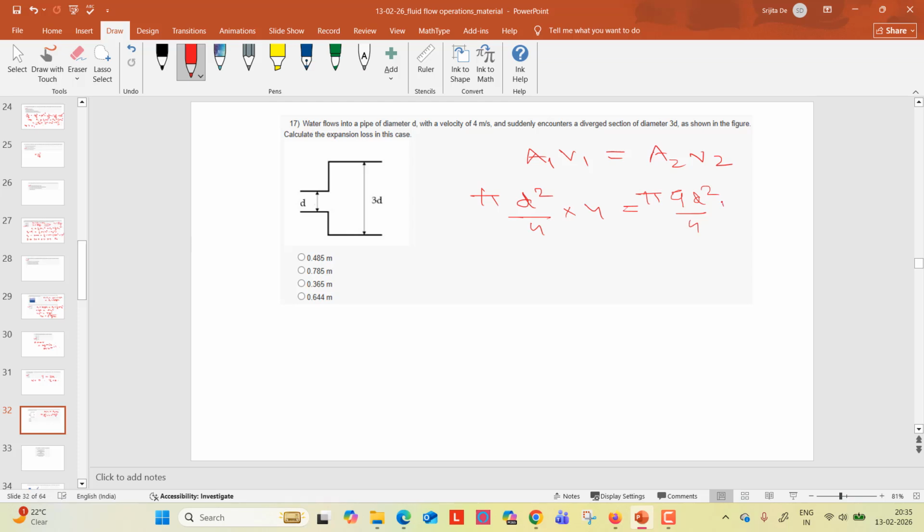So it will be 4 equals 9 V2. So V2 is 4 by 9, close to